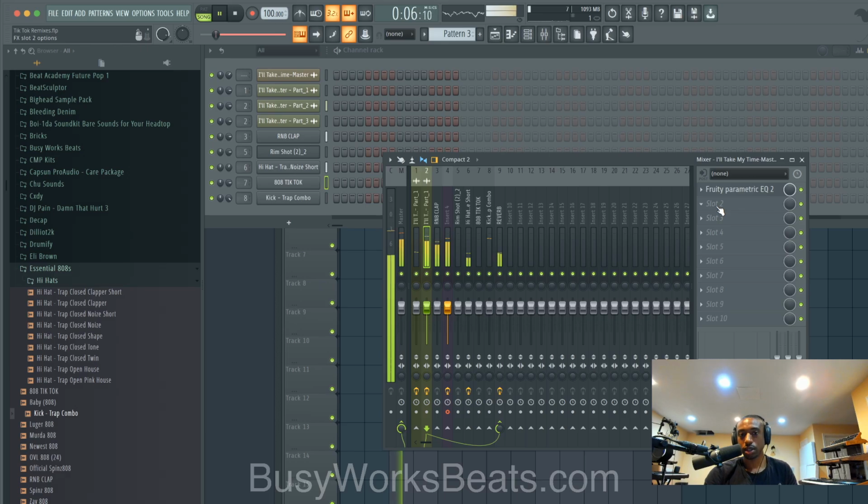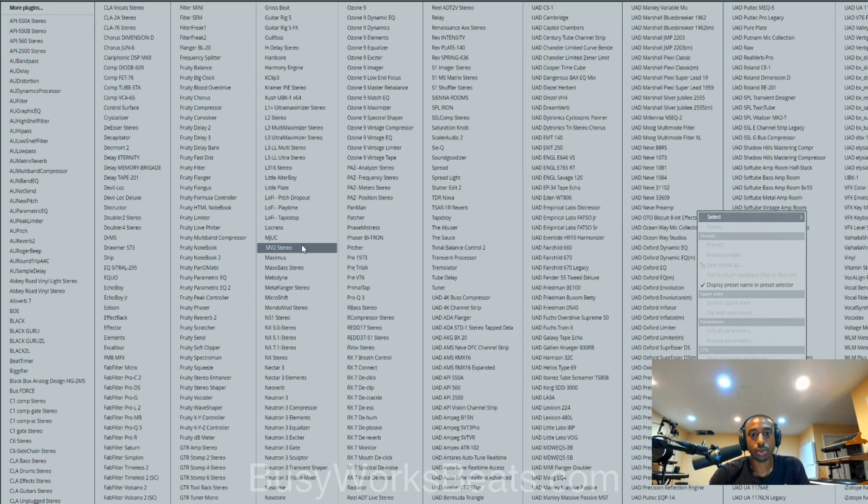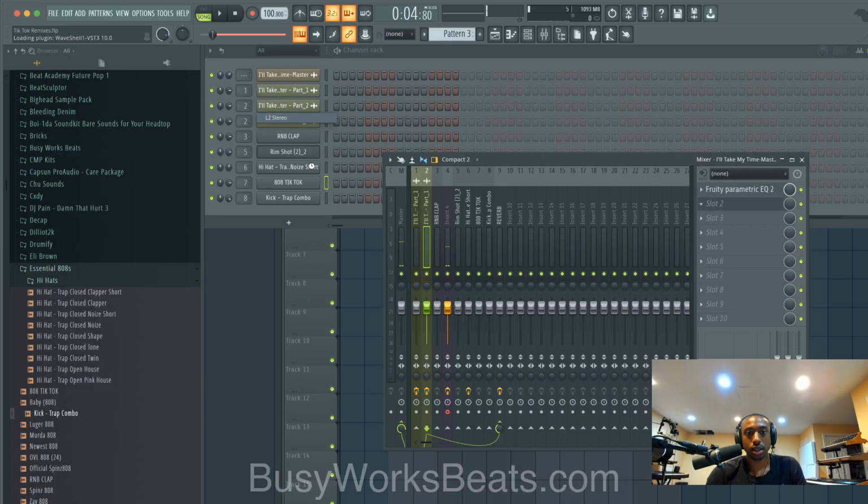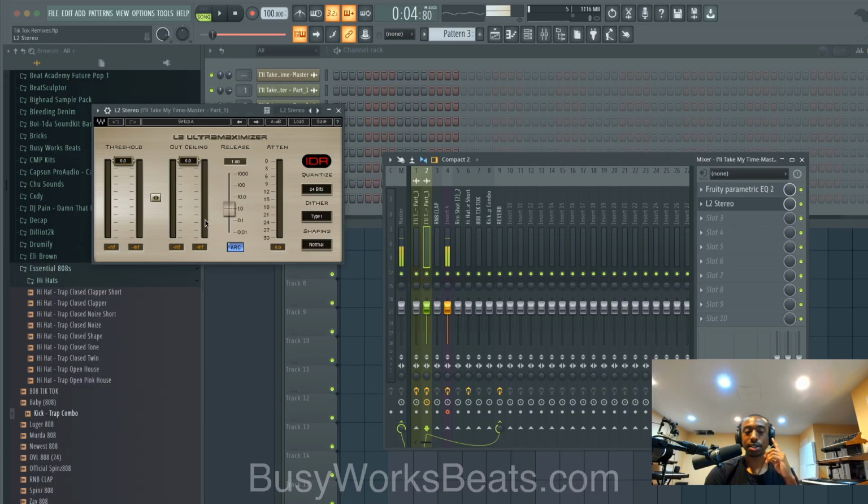So that snare is really jumping out. So what you could do is add like a limiter to get rid of that. And again, I don't want to get too deep into mixing because then we could easily spend an hour on this. But the limiter, if you just pull the threshold down with the out ceiling, you could just cut off that transient.